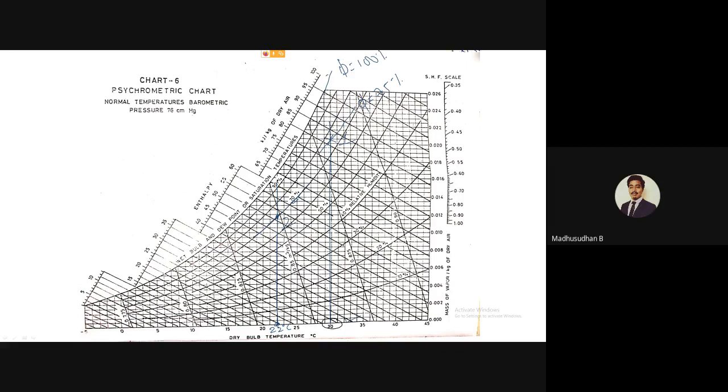So you have plotted state 1 and state 2, but it is not coming directly from state 1 to state 2. It is undergoing two different processes, is it? Number one is the cooling process along with humidification occurs, and the second one is the heating process. How are we supposed to do it?